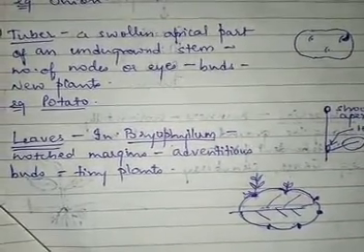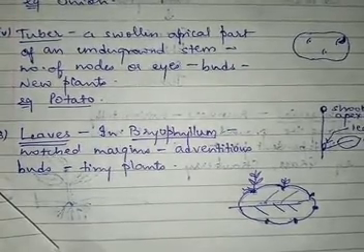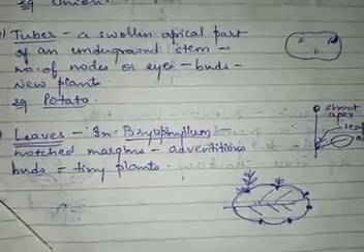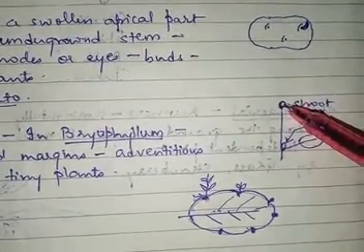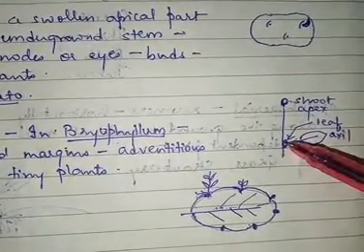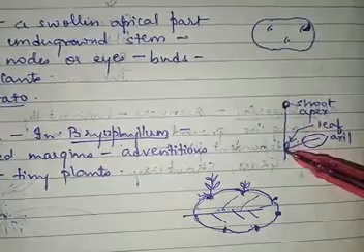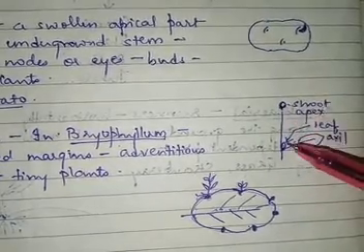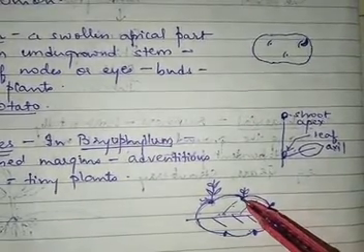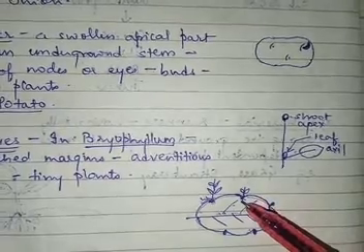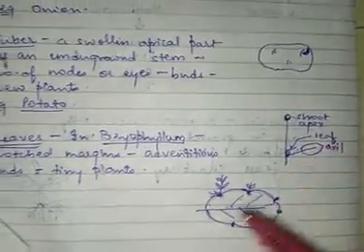What are adventitious buds? Buds that arise from any other part of the plant, apart from shoot apex or leaf axil. So this is the shoot apex. Here the bud is present. It will be called as an apical bud. This is a leaf. In the angle of the leaf, there is a bud present. This will be called as the axillary bud. So these two are normal types of buds, but here the buds are produced on the leaf. That is why they are called as adventitious buds. They are not the normal bud present at the shoot apex or in the leaf axil, right?